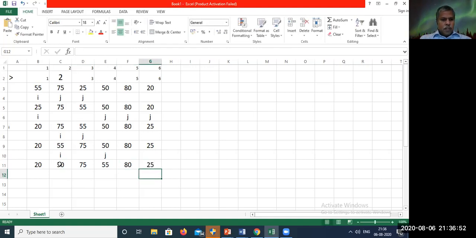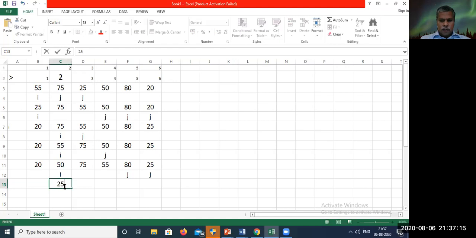Now I is here only. J is moved to the fifth place. Now the condition is false. 80 is not less than 50. So I have to move J to the next position. Now the condition is true.